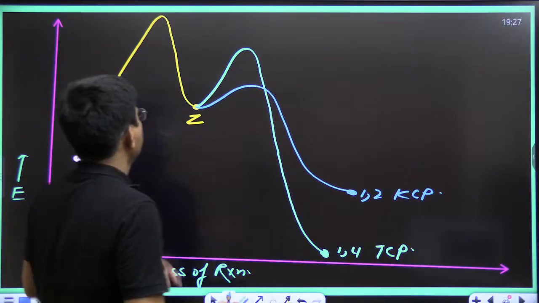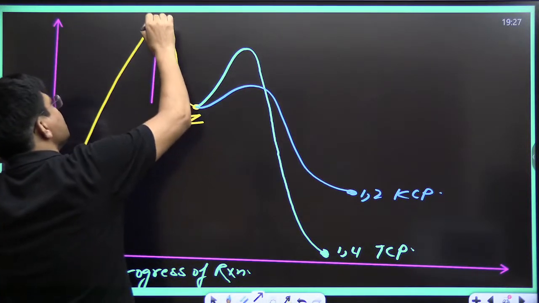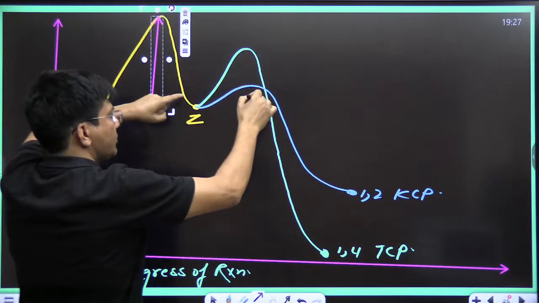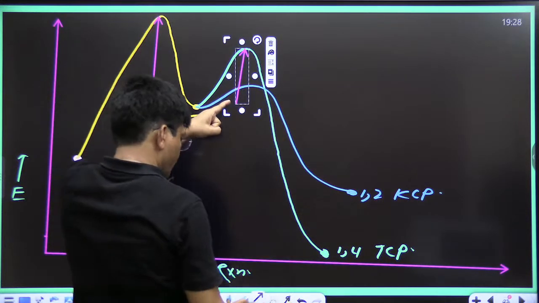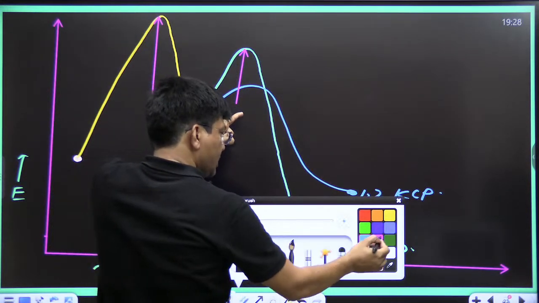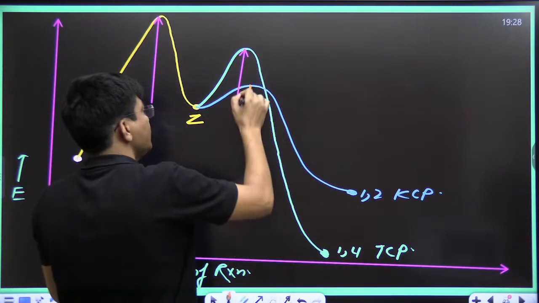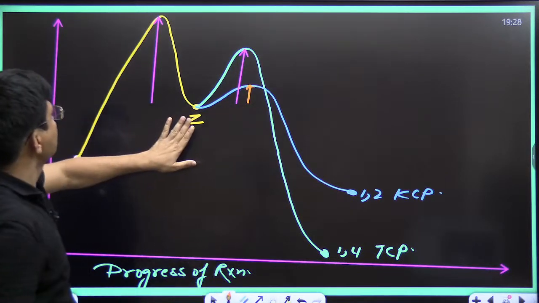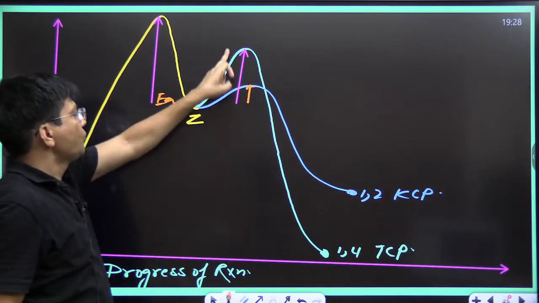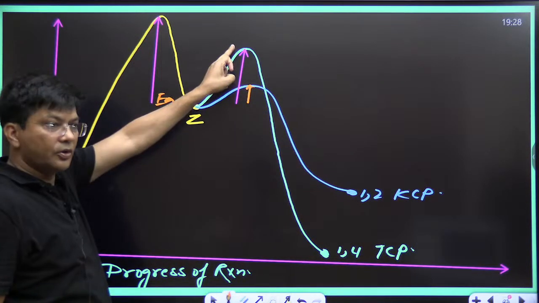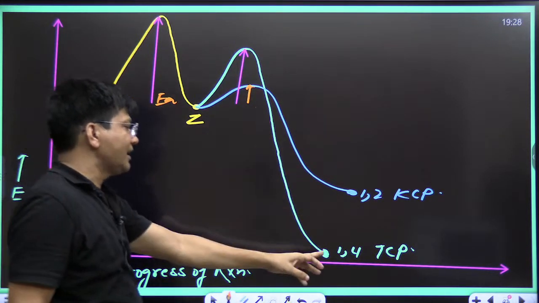Now my dear friends, this activation energy is common for both. But for the 1,4 addition product, this is the activation energy required, and for the 1,2 addition product, only this much activation energy is required. So which is the easy job, kids? This is the common path. This activation energy is common for both. Now for the 1,4 addition product, this much energy is required, but its stability is very high. And this is like AIIMS, Delhi,